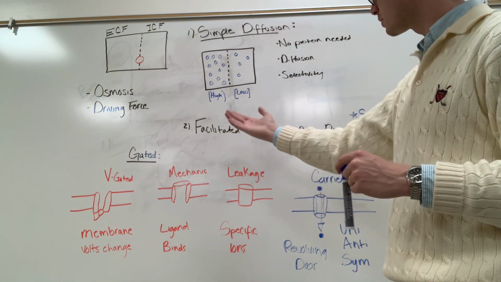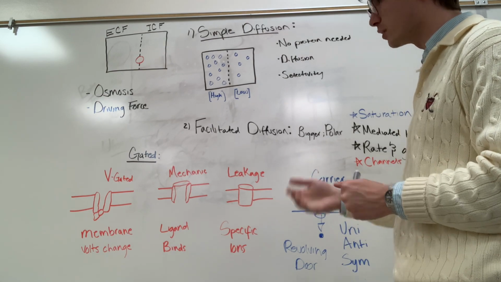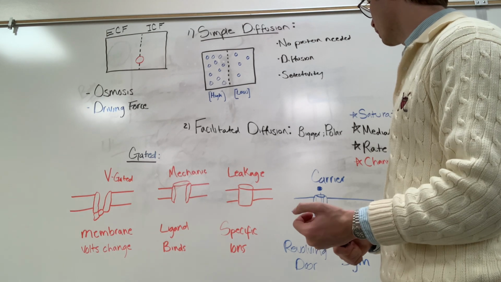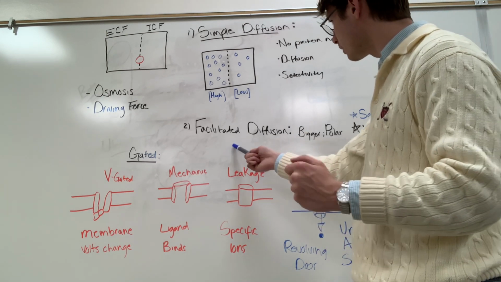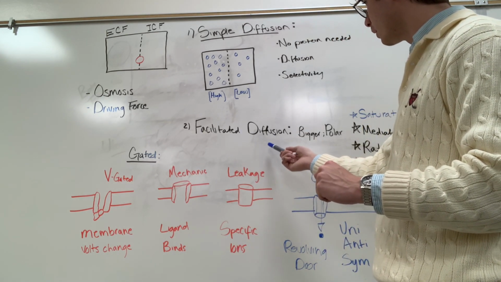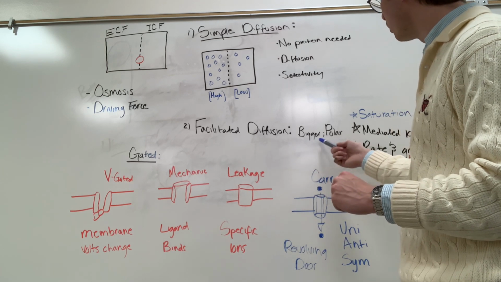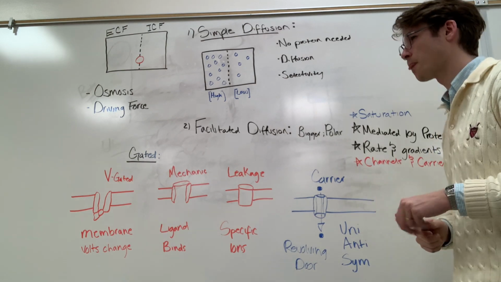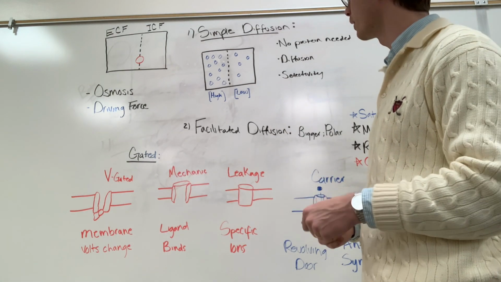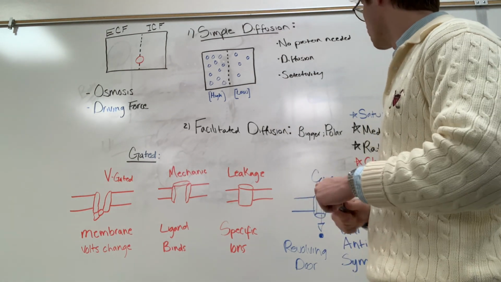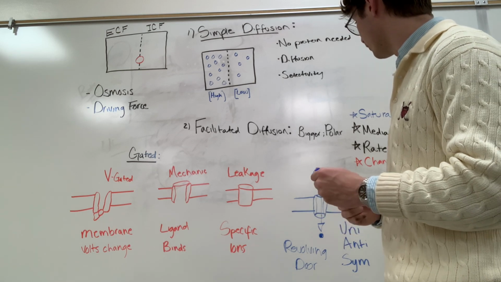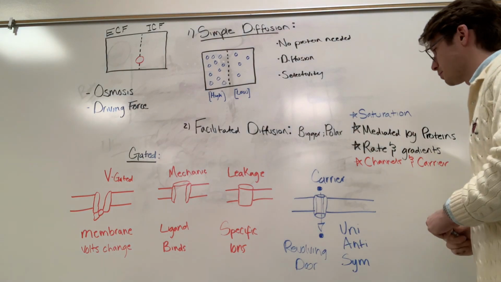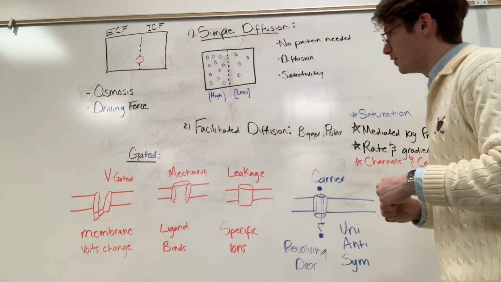Facilitated diffusion, hence the name, is facilitated by more than just concentration gradients. The things that are facilitated tend to be bigger and polar compared to simple diffusion. Simple diffusion works best with smaller things and with non-polar things, although it can occur with polar. But when things are bigger and more polar, we tend to see a different type of